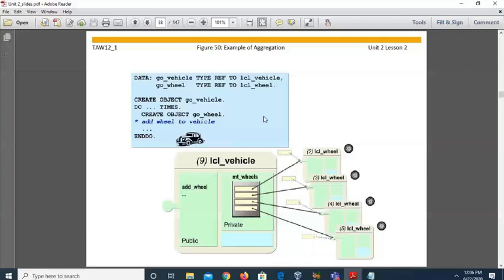How can we create a number of objects directly? With the help of do n times. Suppose I'm using do 4 times here because a car has 4 vehicles, so we can write do 4 times, then create object go_vehicle. So it automatically creates 4 objects of the type LCL_vehicle.